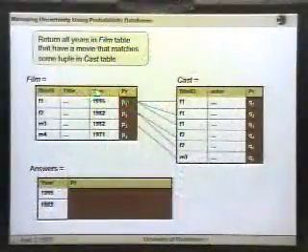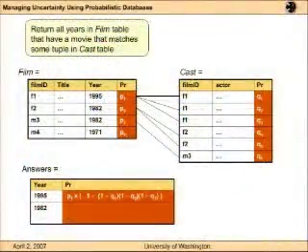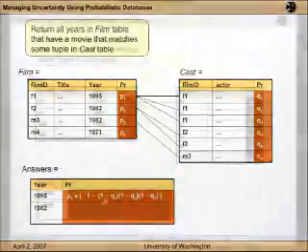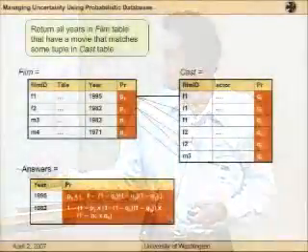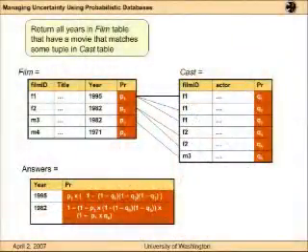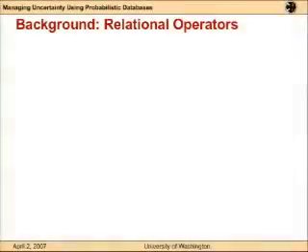Let's look at 1995. For this to be the answer, this tuple P1 has to be in the database, and at least one of Q1, Q2, Q3 has to be in for the film ID F1 to be in the database. If you compute the probability, you will get this expression, which is P1 times the probability that at least one of these three is there. And that gives you the probability for 1995. With 1982, it looks much more complex because 1982 appears twice in this table. So the point is, these expressions can get very complicated, and the question is how do you compute them in general, given any query and given any database.